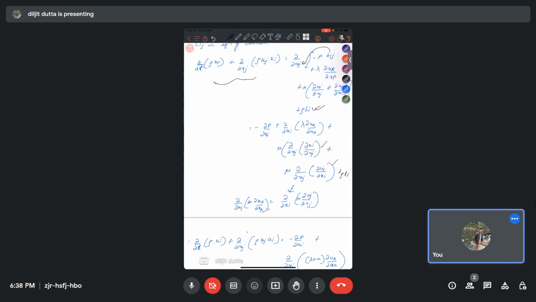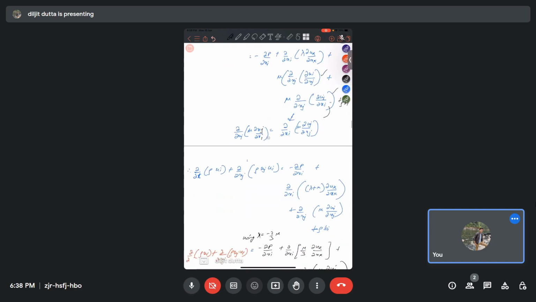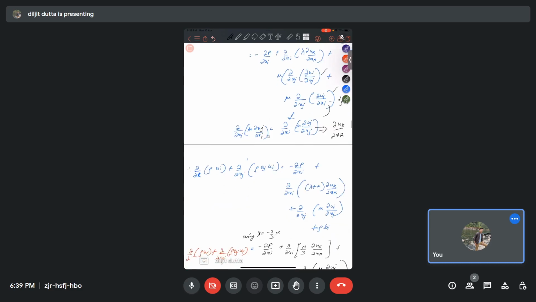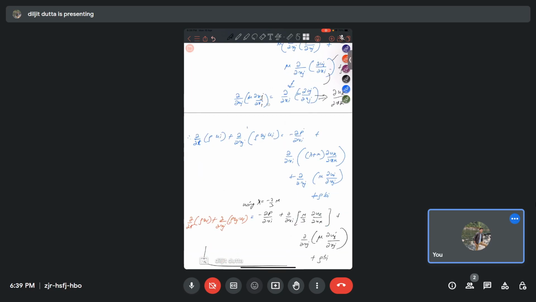Now here, this term we can write by taking del by del xj inside and del by del xi outside. So it will come as del by del xi into mu of del uj by del xj, and del uj by del xj is similar to del uk by del xk. This depends on the vector notation. So finally, rearranging the terms, the first term will remain like that,